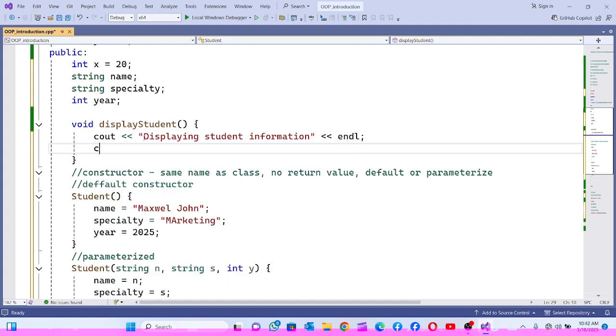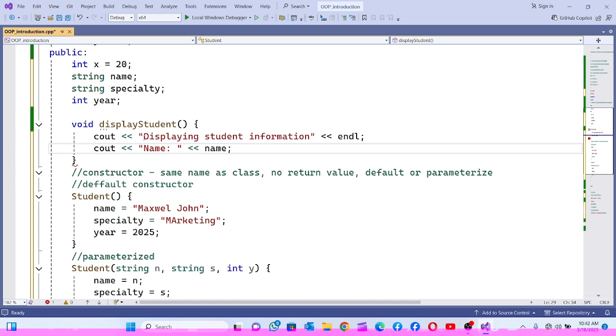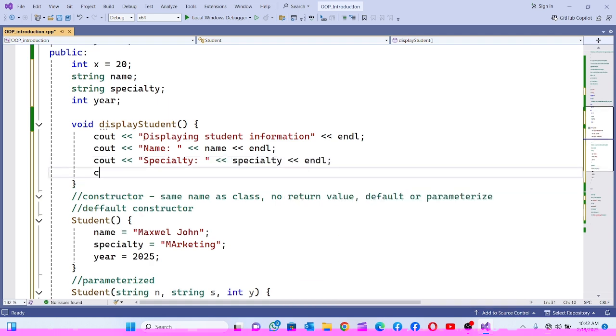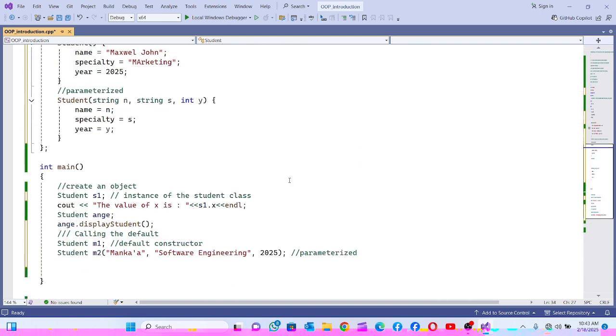So I have cout the name of the student, name, endl, cout the specialty, endl, then cout the year of admission, year, endl. Okay, so now my display function is going to display it, which means that here that I'm doing ange.display,